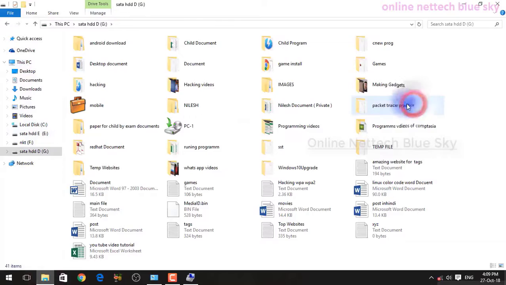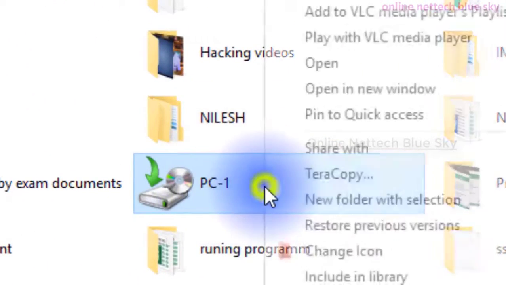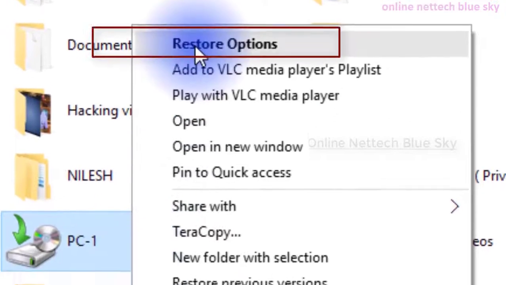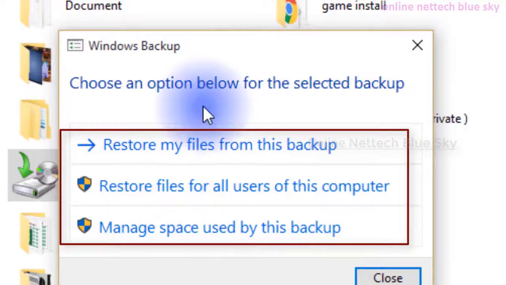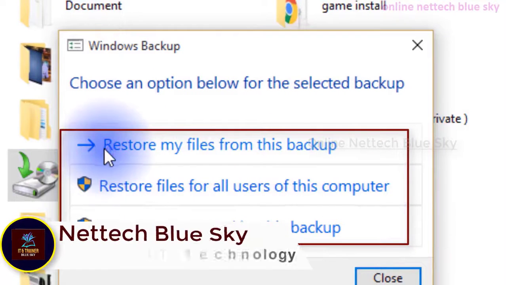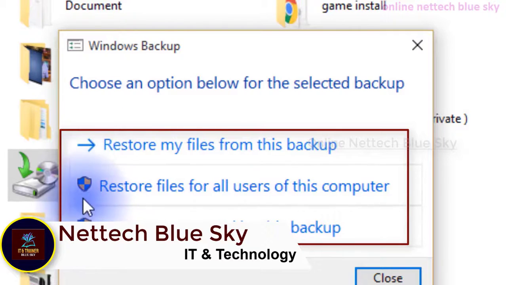Going here, you can see my name, the PC name, and the restore option. Right click, open, or double click shows this type of window. So you can restore your files and folders in their original form and original size.